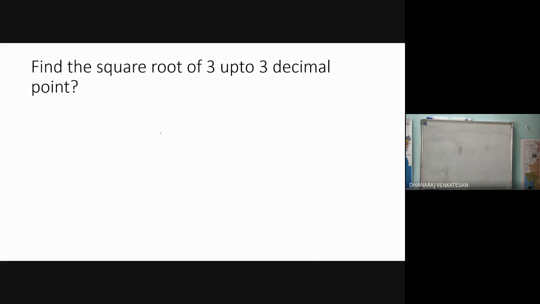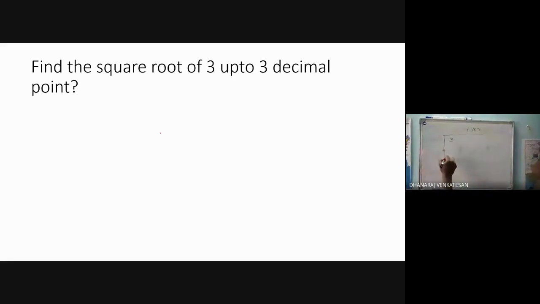Now we'll go with a little tougher problem. Find the square root of 3 up to 3 decimal points. They want the square root value for 3. If you have memorized, you will tell 1.732 directly. This is the square root value. This is the thing I told before itself. If you practice many sums, you will know this 1.732 value before itself. If they ask to find the square root of 3, without thinking you can take this option. I will teach you how to solve, how to get this 1.732 value.